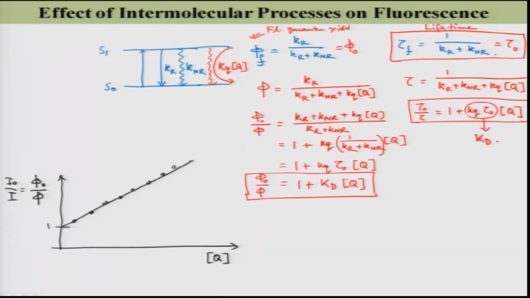right. Now, if you plot tau 0 by tau instead of phi 0 by phi, see here the slope is exactly the same. So, you should get exactly the same slope as phi 0 by phi. Tau 0 by tau and phi 0 by phi are exactly the same,